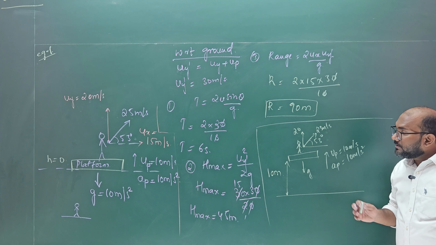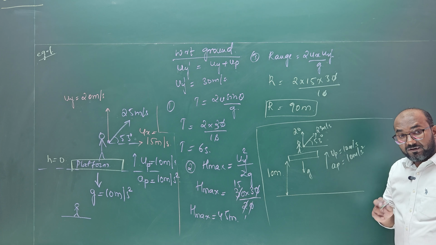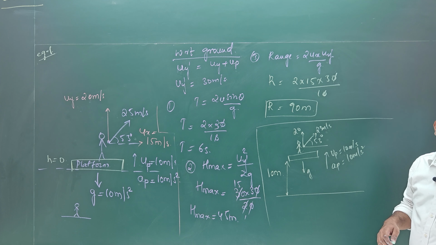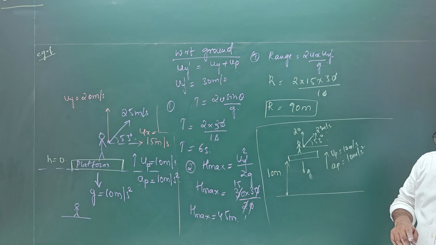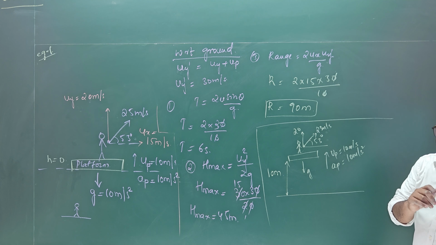I got my point. Similarly, what will be the range with respect to platform here? With respect to platform, कितना आया था उधर? 10 आया था, तो इधर भी 10 आएगा. Hmax कितना आया था? उधर जितना आया था, अभी भी उधर इतना आएगा. So, can I say that with respect to platform, nothing is changing. But with respect to ground,